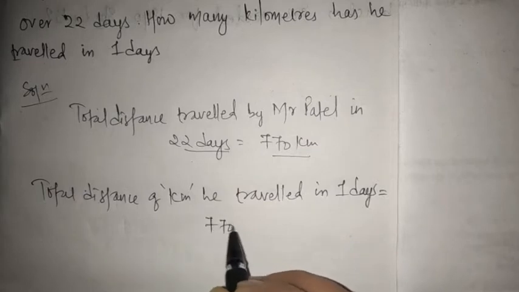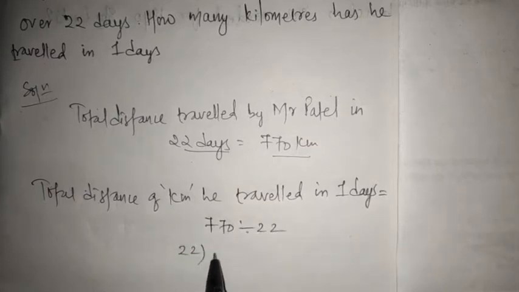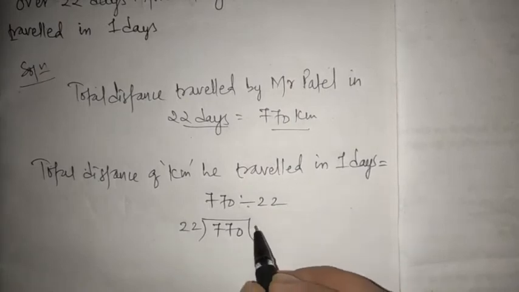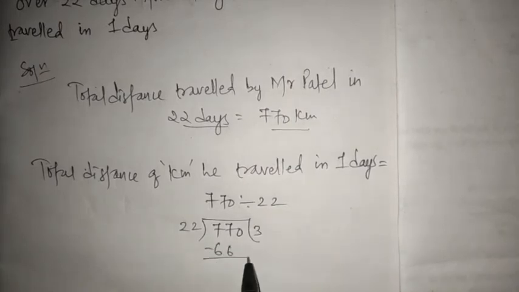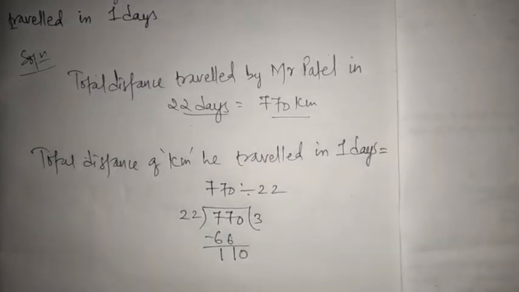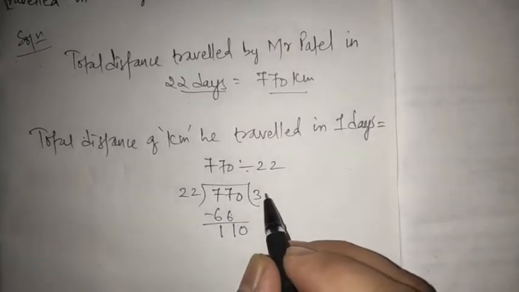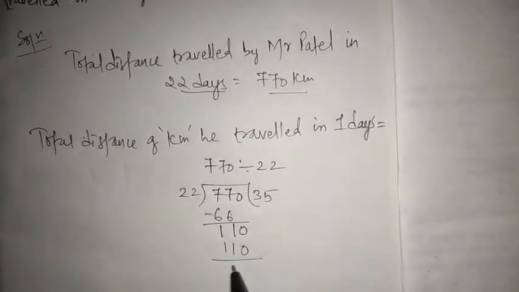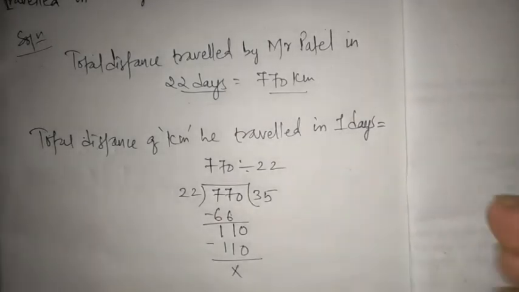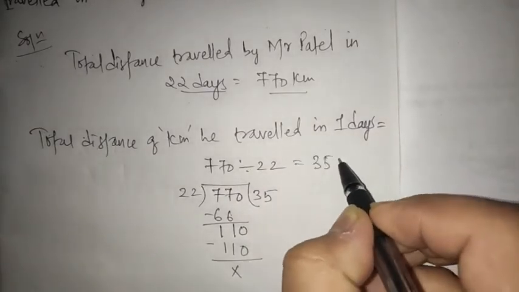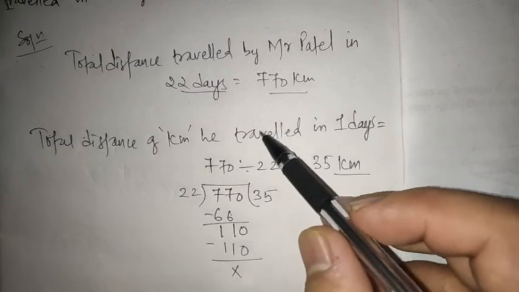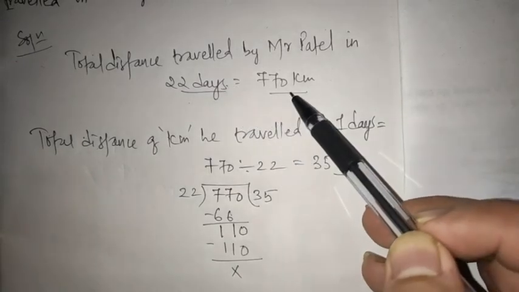Yes, so 770 divided by 22. So now divide this. So 22 3 ja is possible, 22 4 ja is not possible because it is 88. So 22 3 ja is 66. So 7 minus 6 is 1 here, and bringing down the next digit, 7 minus 6 is 1 here, so 0. Right, so if you look properly at the multiplication table, 22 5 ja is 110. Okay, now subtract this, you'll get 0. So how much distance did he travel in one day? In one day he traveled 35 kilometers. That's why in 22 days he could travel 770 kilometers.